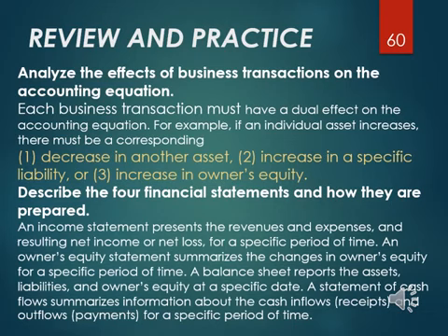Analyze the effects of business transactions on the accounting equation. Each business transaction must have a dual effect on the accounting equation. For example, if an individual asset increases, there must be a corresponding 1. Decrease in another asset, 2. Increase in a specific liability, or 3. Increase in owner's equity. Describe the 4 financial statements and how they are prepared. An income statement presents the revenues and